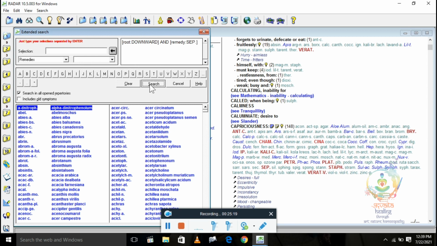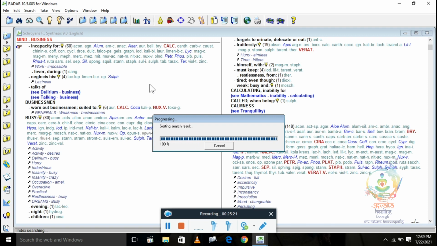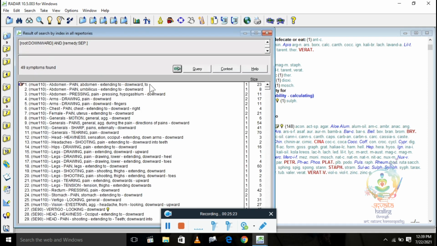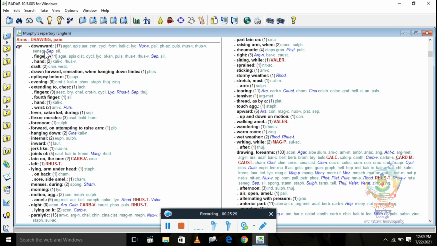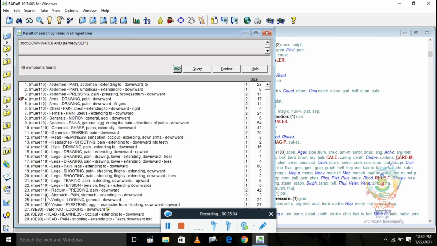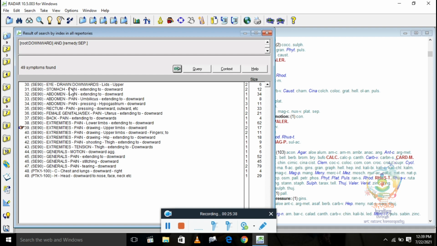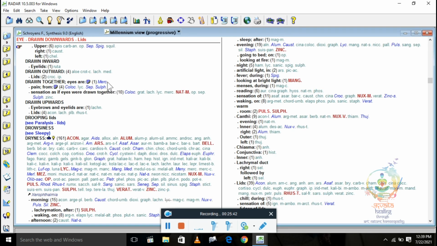See, I am searching here. So now whatever rubric appears with the word downward, there will be remedy sepia there. Let's go again, I am selecting another repertory. Let's see, downward, drawing downward lids. I am going here, you can see sepia is there.